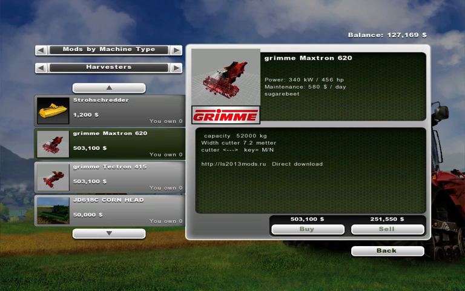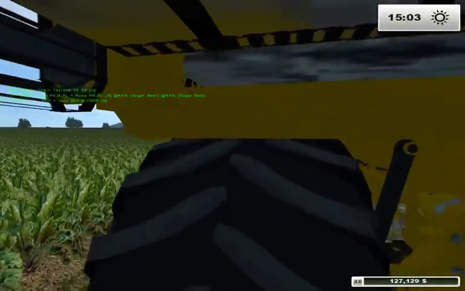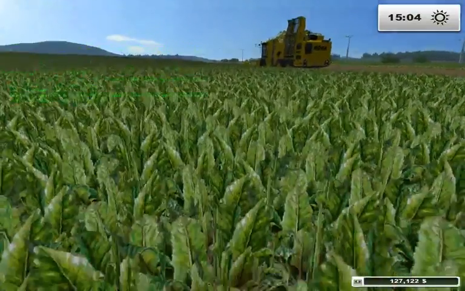things are so slow and they're only a couple meters wide, so it takes forever to harvest a field. And you know, when you're paying $500,000 for each one of these, you would think that it would be big enough. And look at the size of them. They're almost as big as that Ropa. You would think that for that kind of money, and being that big, they'd produce some harvest, but they